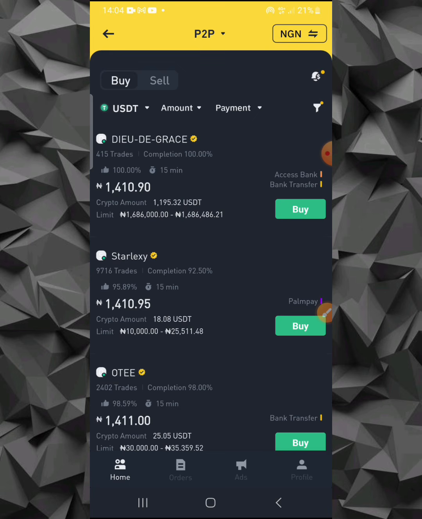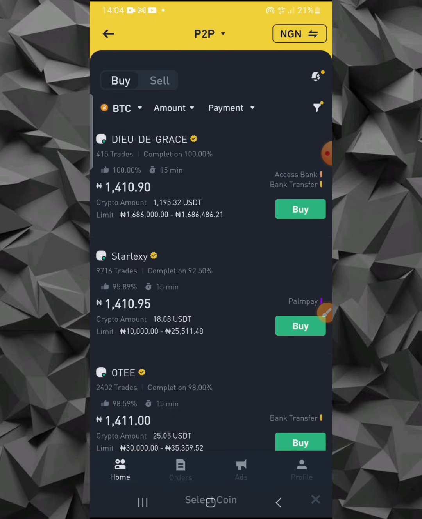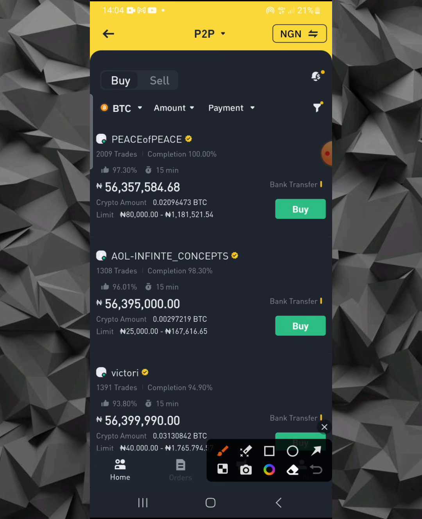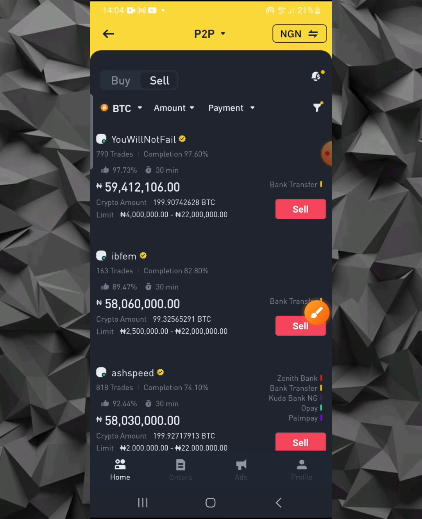Okay, now let's say you are going to be selling the BTC. Change this to BTC. And you can see, guys, something of 55 million on the spot market. You can sell it for 56,257,000, and you can even use little amounts. You can see 80k right here, if you are going to be selling as merchants. But if you want to sell directly, let me come here to sell. You can see, guys, these are the